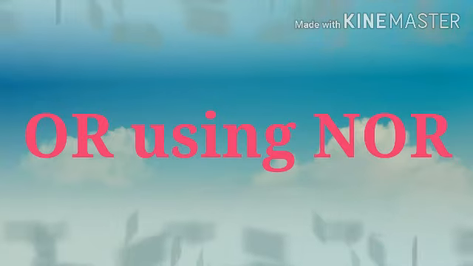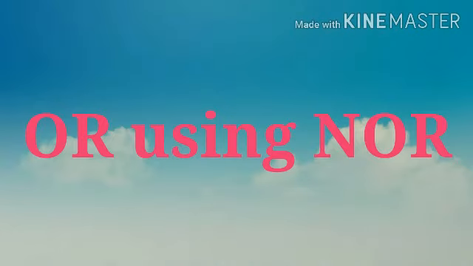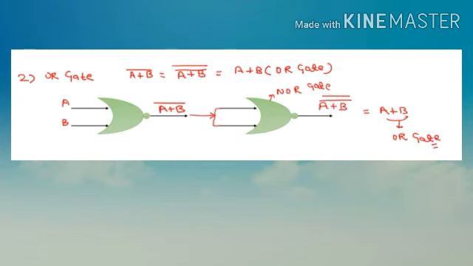Let's derive OR gate using NOR gate. See, to derive OR gate, we have to connect a NOT gate after a NOR gate. It will remove the negation from the NOR gate, and finally we'll get the OR gate. So, as the equation of NOR gate is (A plus B) bar, after connecting NOT gate we'll get A plus B double complement. So that double complement will cancel each other and we'll get A plus B. That is the equation of OR gate. In this way we derived OR gate using NOR gate.